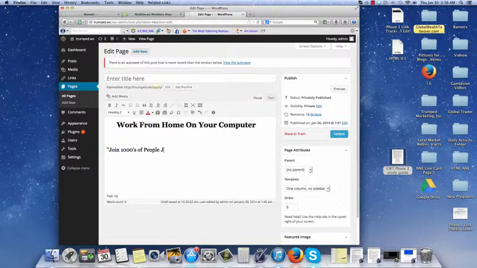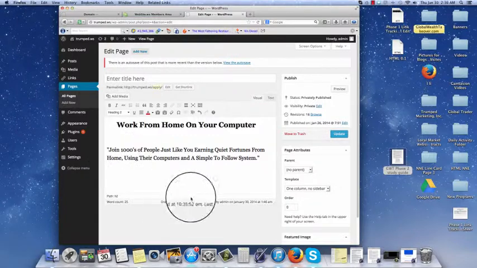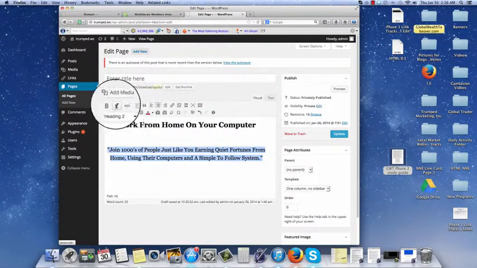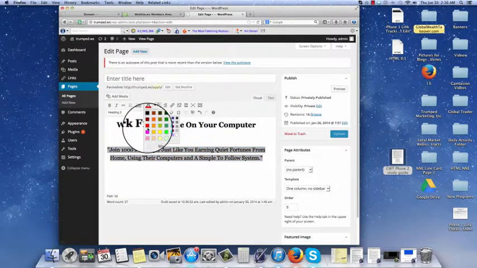of people just like you, earning quiet fortunes from home using their computers and a simple to follow system. Real easy to do that there. Okay, then what we'll do is we'll highlight that, center it, and we can make that, I think that's red,